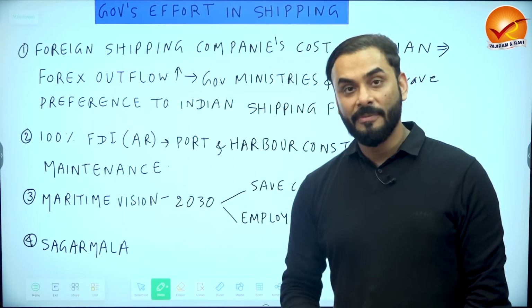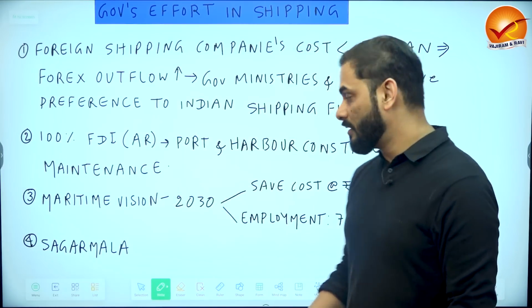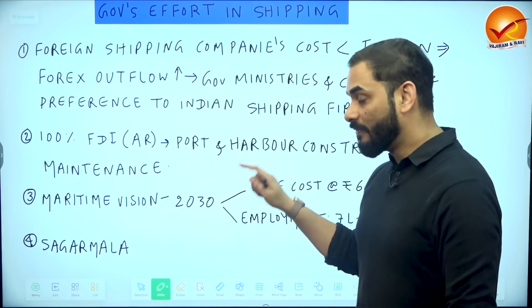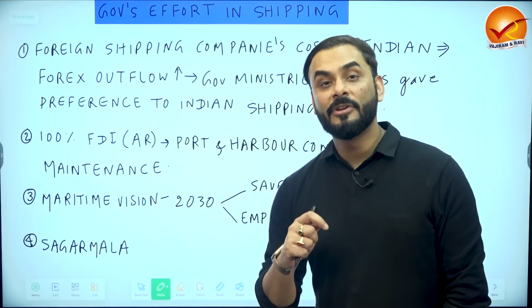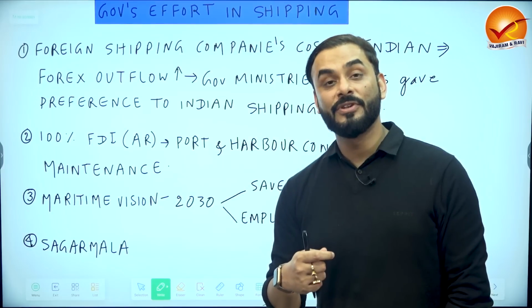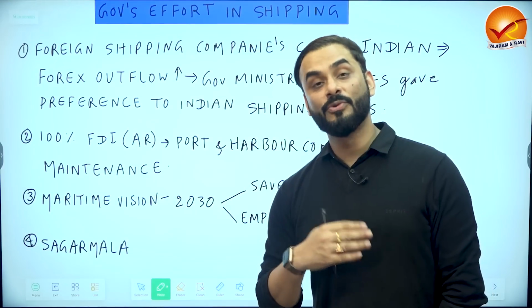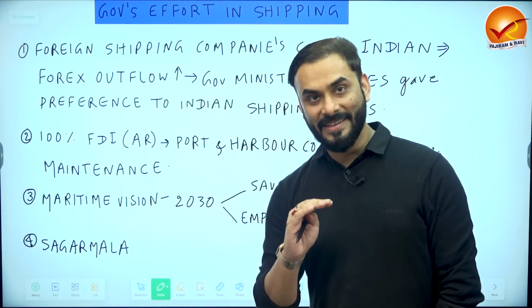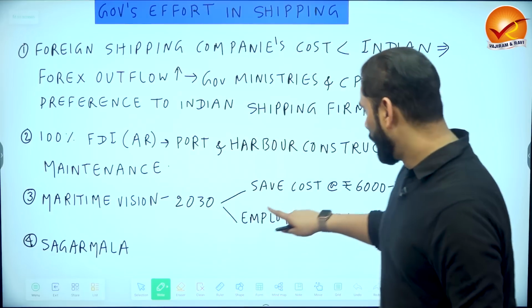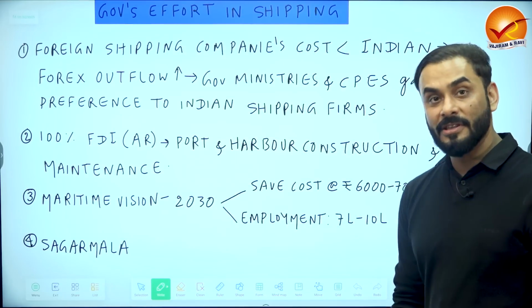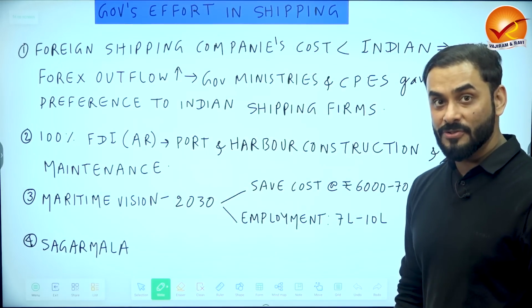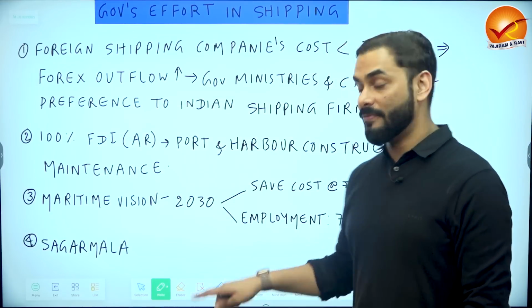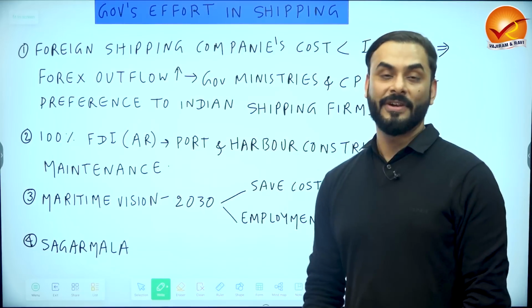Now, maritime vision. Government of India also came up with Maritime Vision 2030, just like we have National Rail Plan 2030. So if you implement Maritime Vision, we will create better infrastructure at seaport, which will help us to save cost. If you create better infrastructure, the shipping cost of Indian ships will reduce, right? Isn't it? We will save a lot of money. So we will save close to 6,000 to 7,000 crore rupees if we improve infrastructure related to ports in India. And if you promote infrastructure related to ports, of course, employment will also be generated.